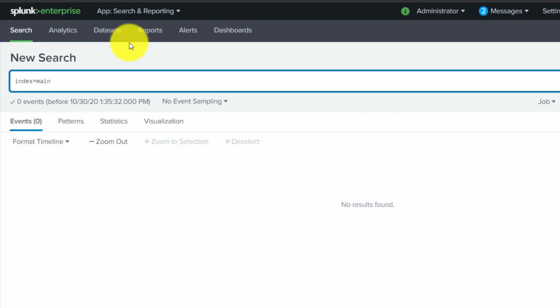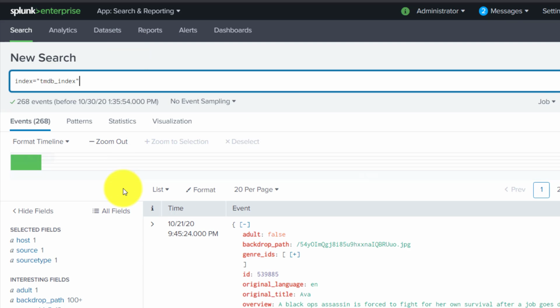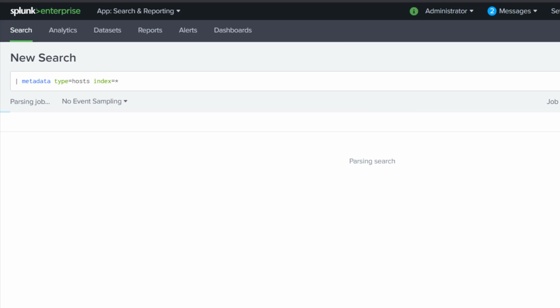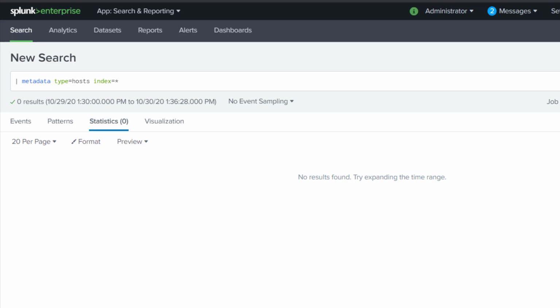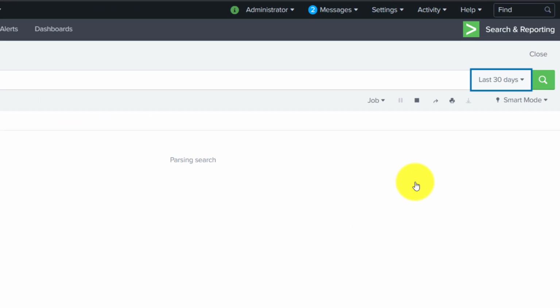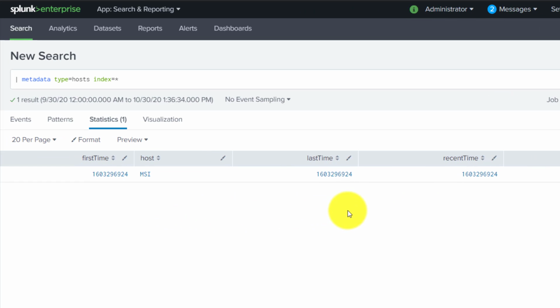Now for the TMDB index, we received the last data on the 21st, and today is the 30th of October, right? So if I run it for the last 24 hours, there's nothing we have received for the TMDB index. That means the metadata also will not give you anything over here. Now if I run it for the last 30 days, in that case, if you see it over here, it